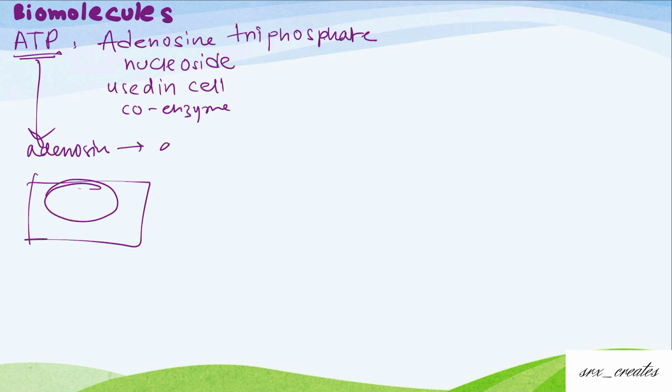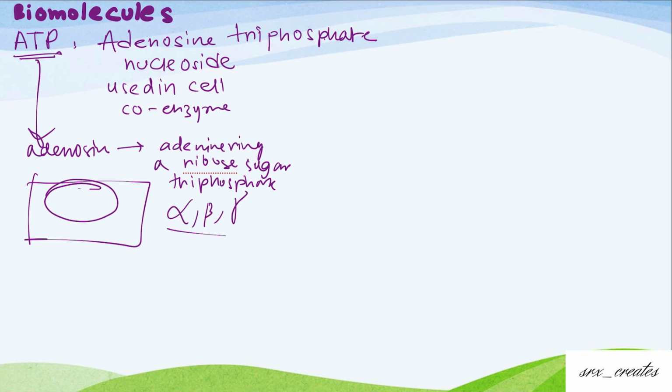Now see what adenosine is. It's an adenine ring. Ring doesn't mean the gold ring your mommy wears. A ribose sugar and triphosphate, meaning 3 phosphate groups. The phosphoryl groups, starting with the group closest to the ribose, are referred to as alpha, beta, and gamma phosphates. Nothing more, just alpha, beta and gamma.